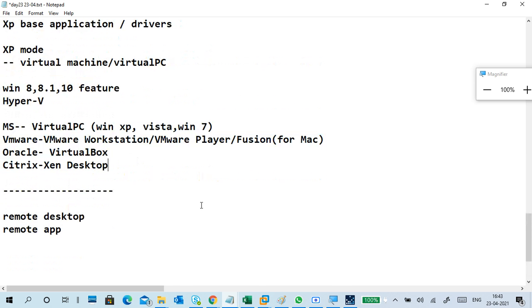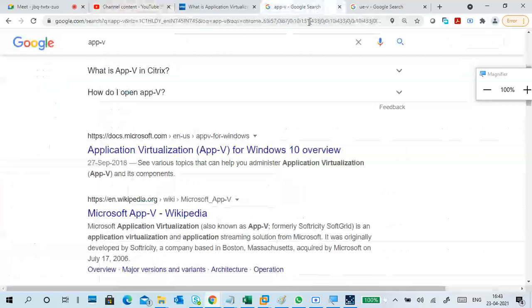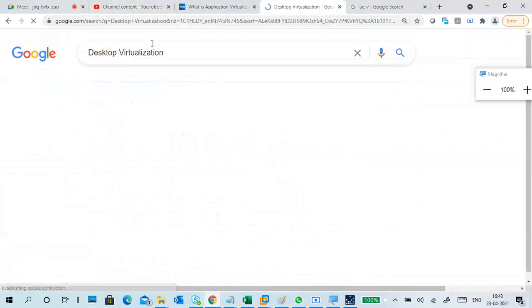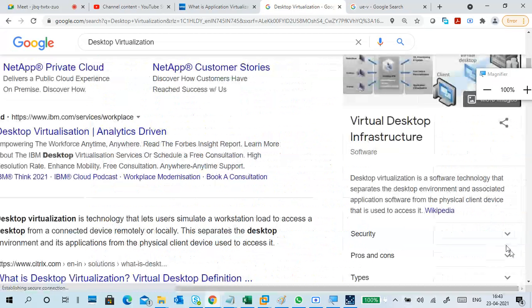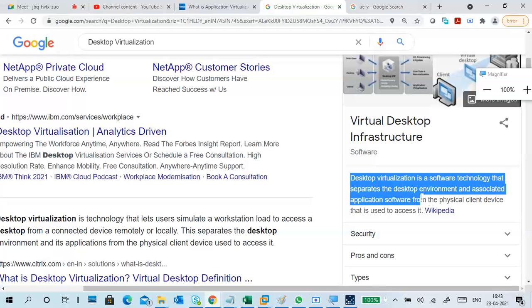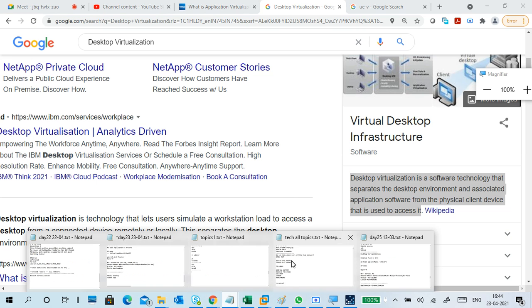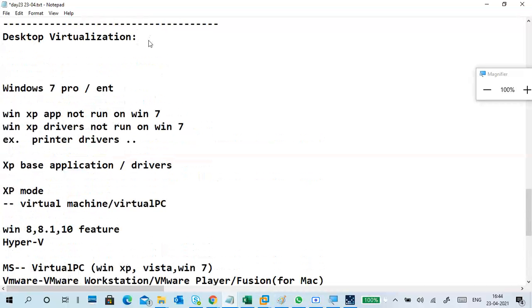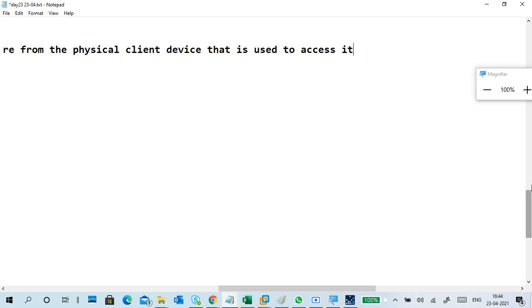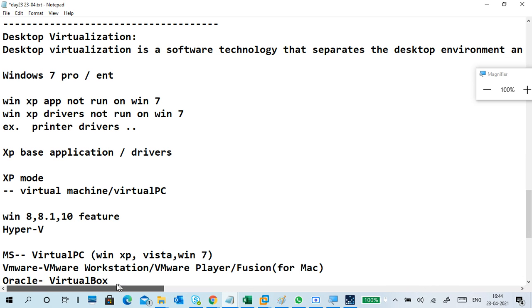Okay, like this. We have to search where it is. Desktop virtualization has different statements. This is the statement NetApp gives. This is Wikipedia: desktop virtualization is a software technology that separates a desktop environment and associated applications from the physical client device that is used to access it. It means it separates the desktop environment and associated applications, so it involves both things, the desktop environment as well as the applications in the desktop.